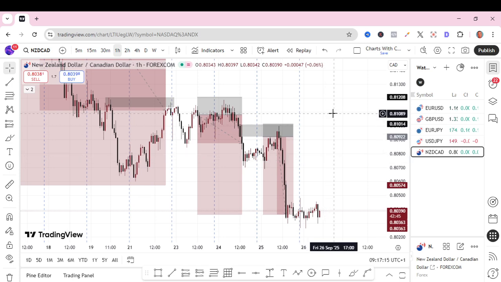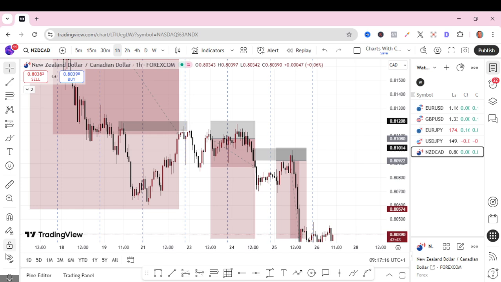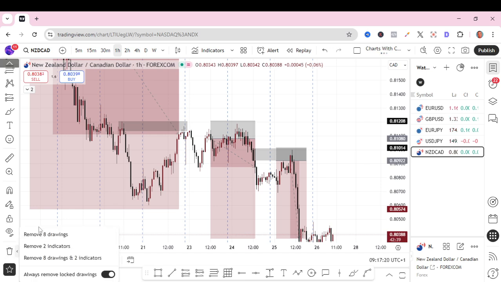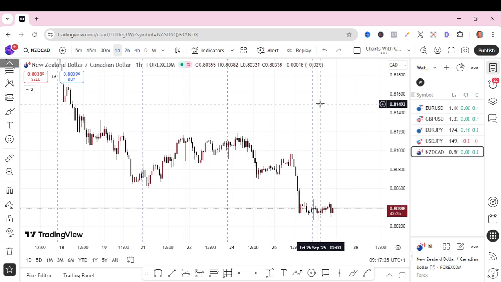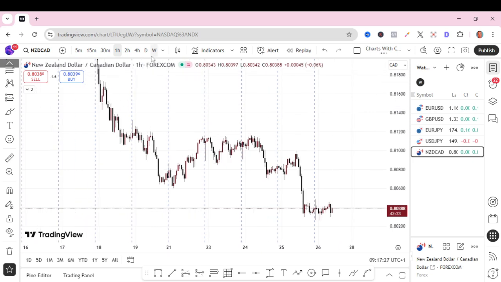So let me just take this off. I have to clean my screen and break down why I took this trade, right? Okay, so from the daily time frame,